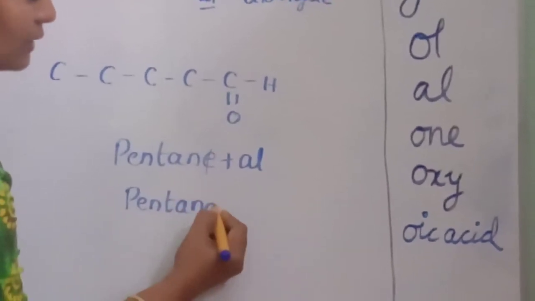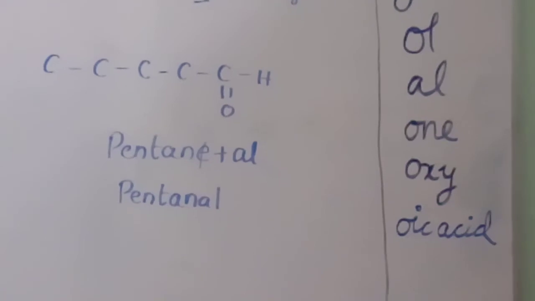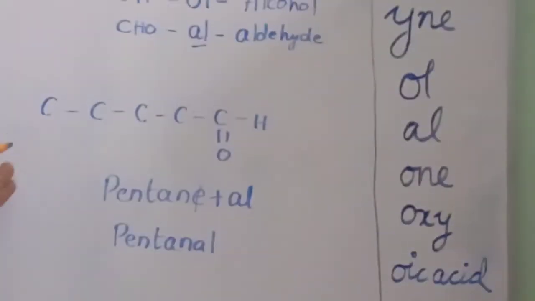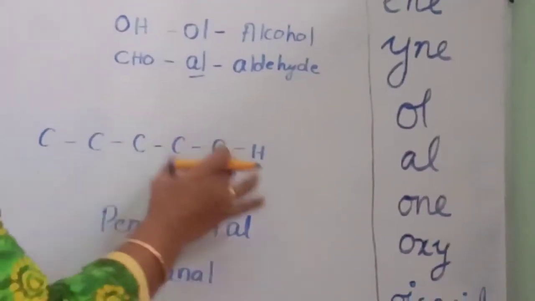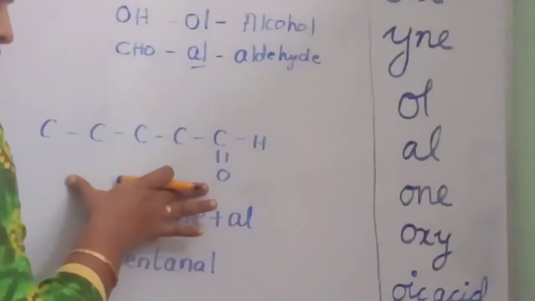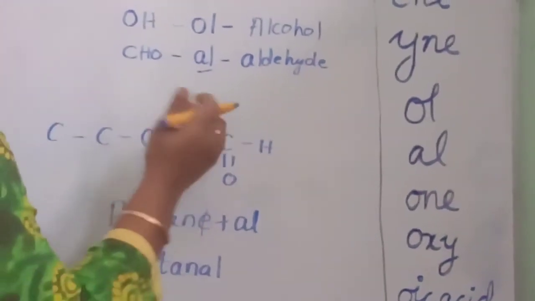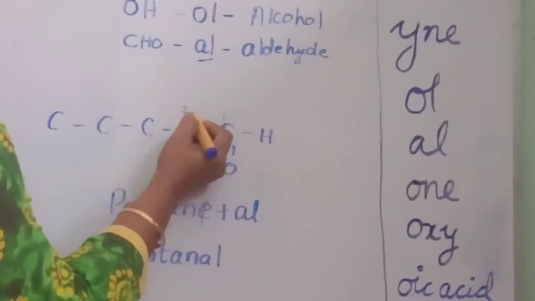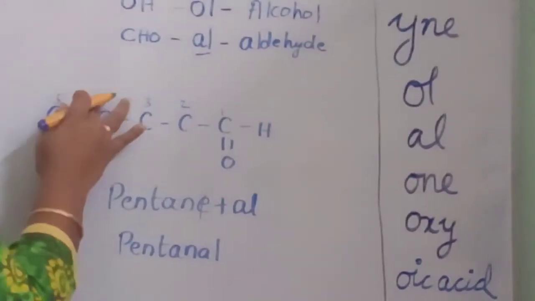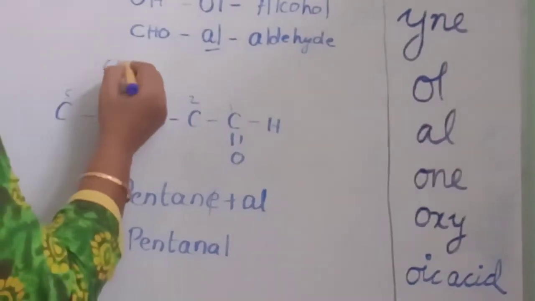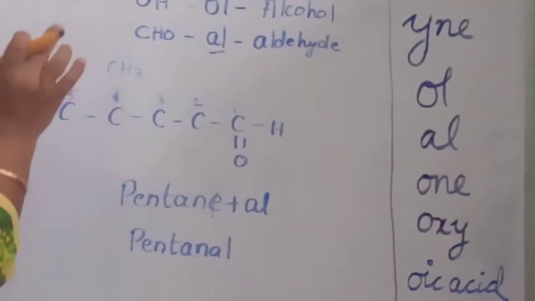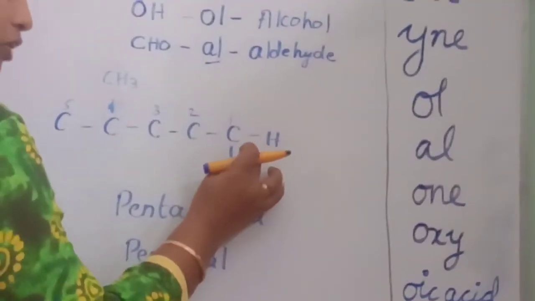It is pentanal. Because this aldehyde group will only appear in the terminal position, you cannot have it in between positions, because after this the chain cannot continue. So whenever an aldehyde comes in the carbon chain, it will be only at the terminal position and it has to be numbered like this. Suppose imagine we have a methyl group or any other group on this particular carbon, you cannot start numbering from here and make this position 2, it will be wrong. You have to always start only from the functional group.